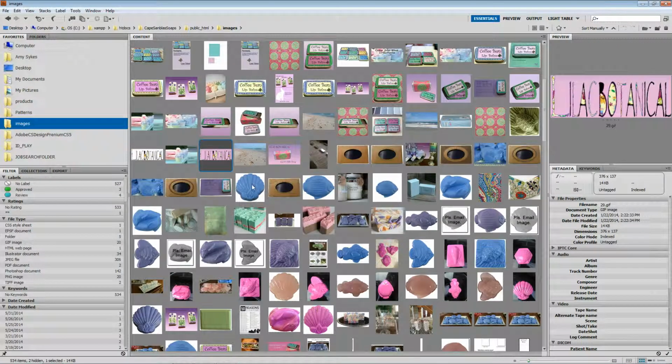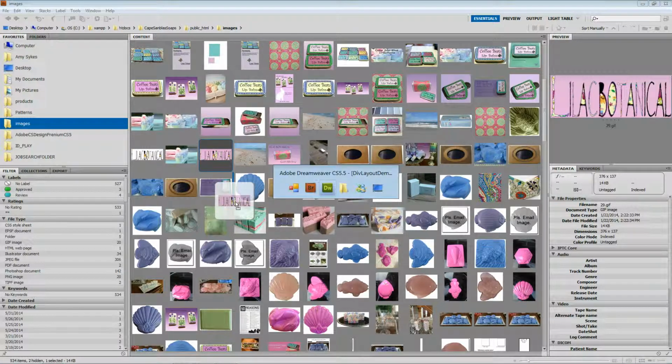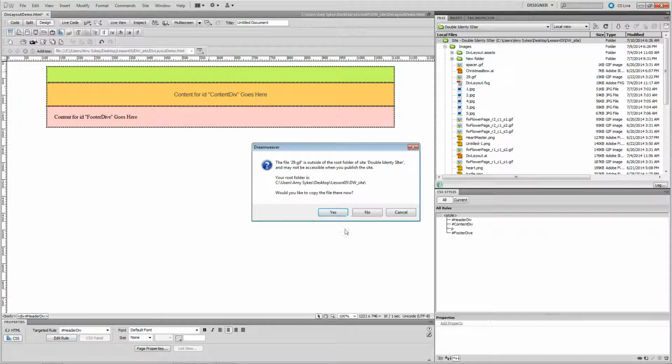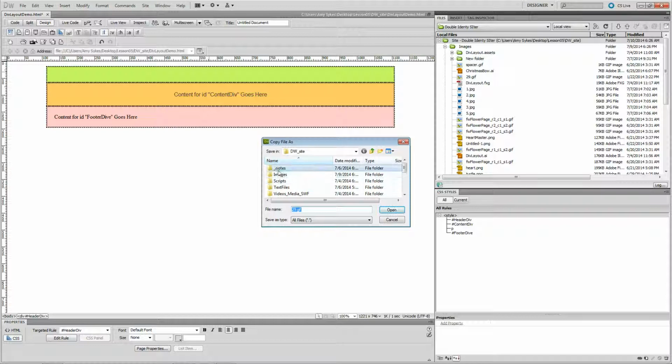I'm scrolling through my images. I want to take this image. What I'm doing here is holding it with my mouse key and pulling it off of its place, and then using that motion I just taught you, toggling back over to Dreamweaver and hitting release. You have to save it in the image file of your current site,